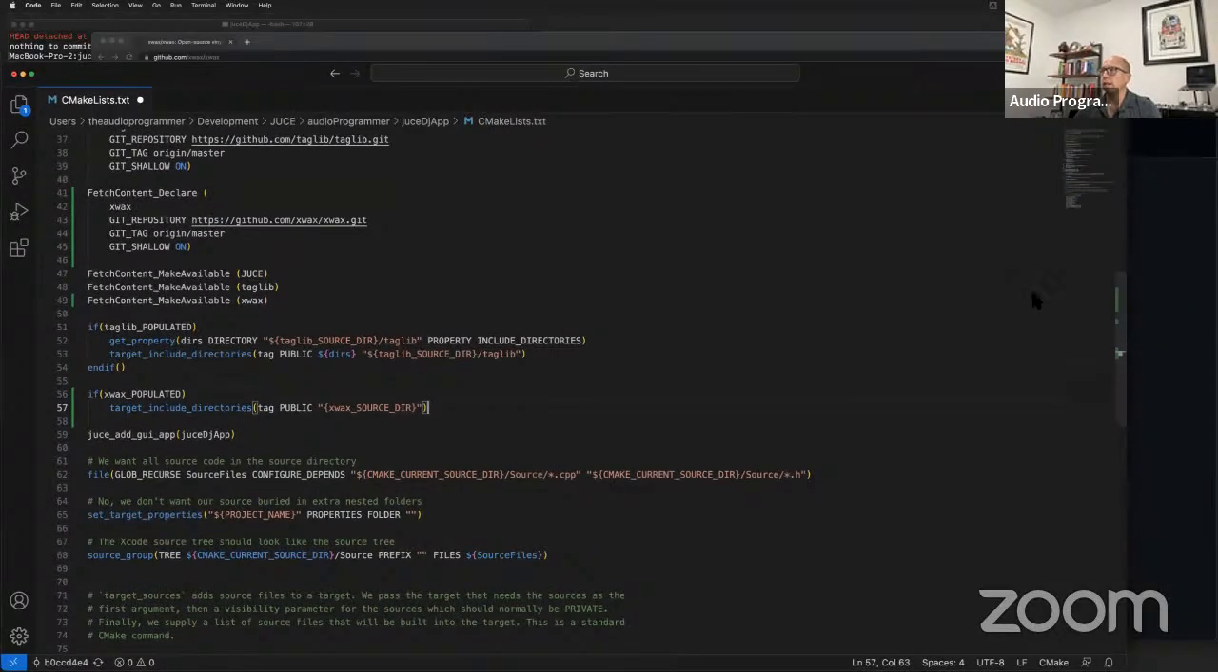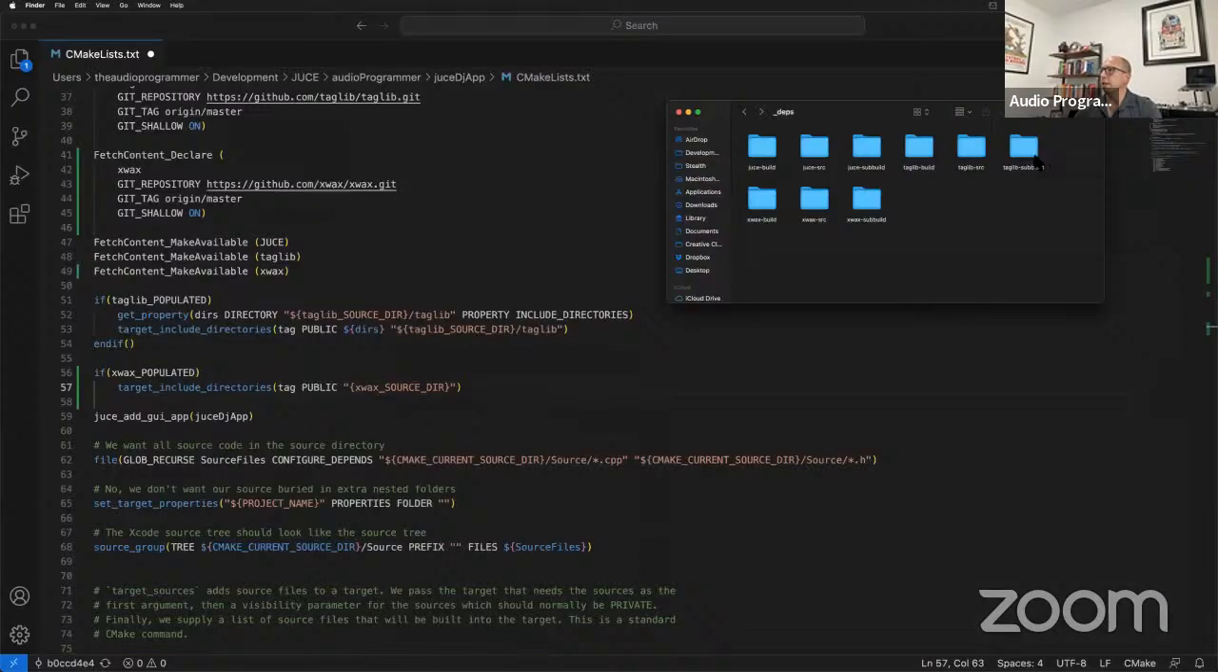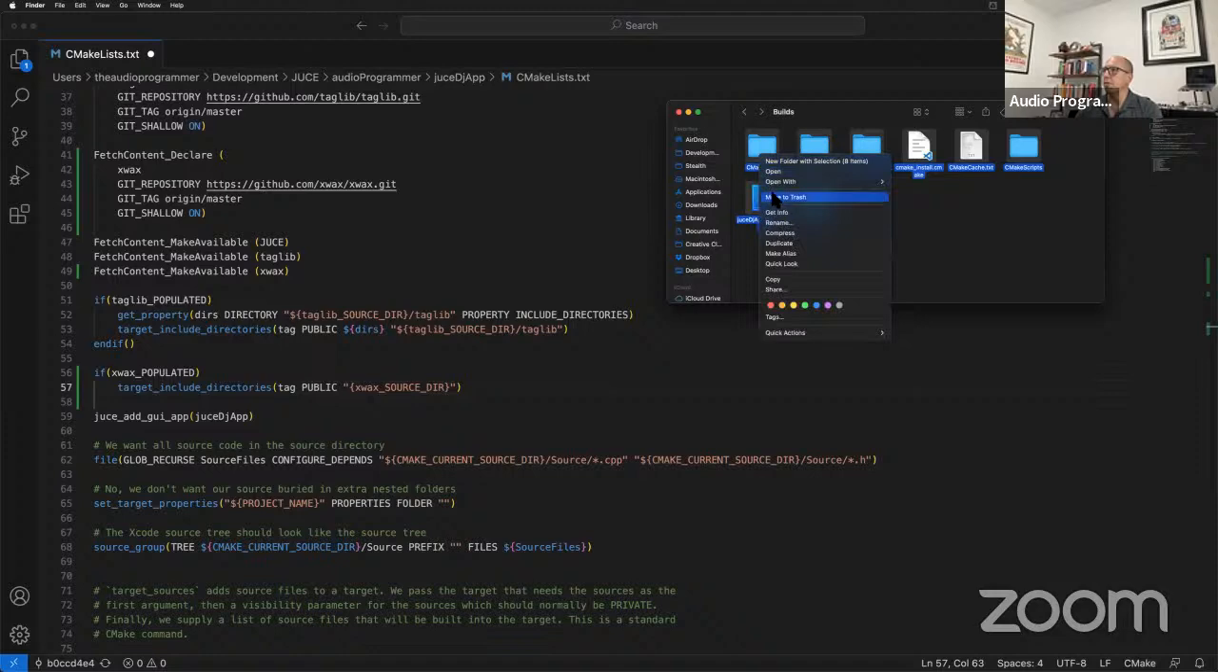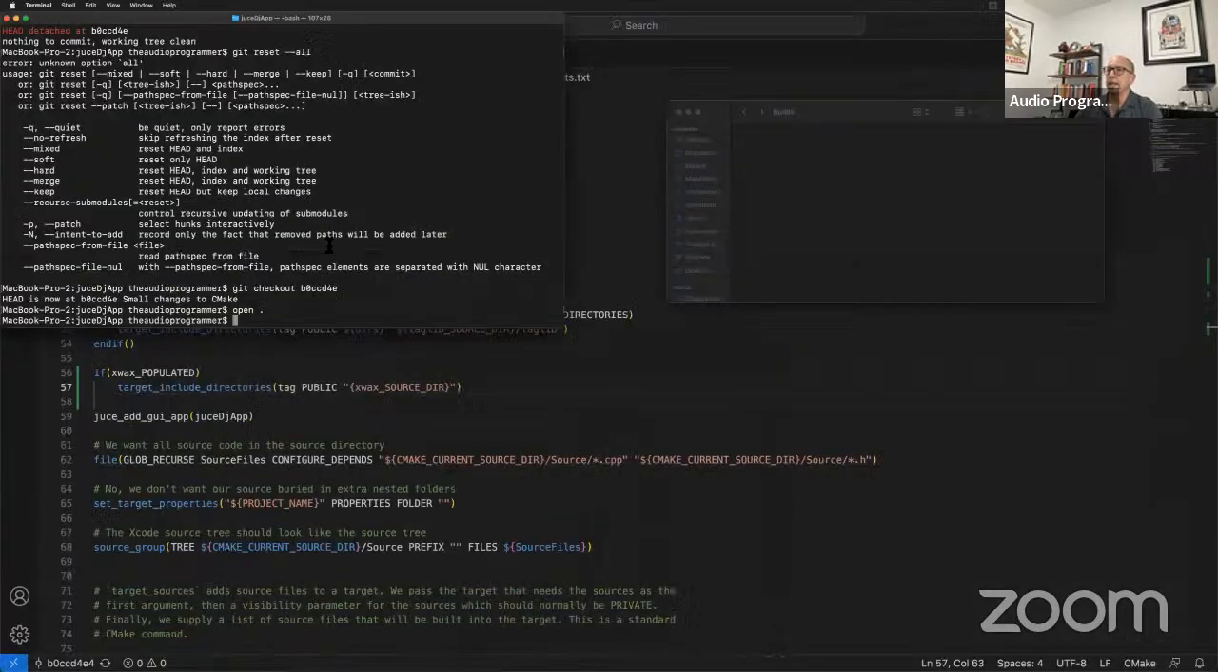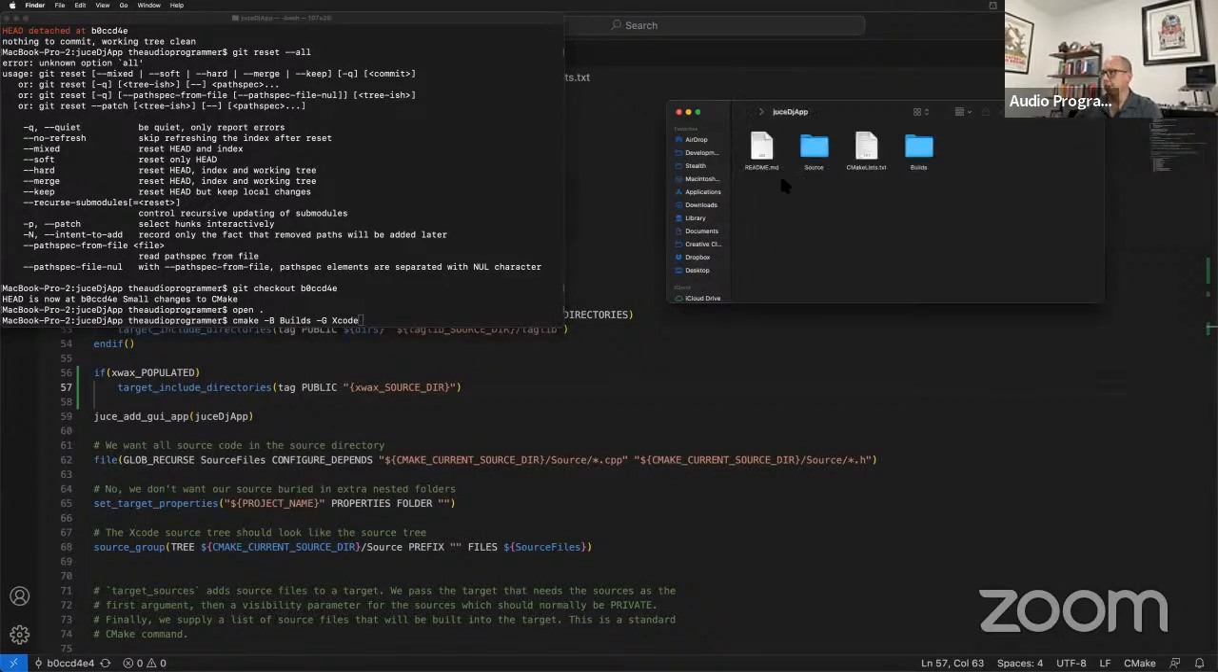So what I can do is I'm going to just erase. Oh, I need to go to my builds folder. So erase everything that I have in the builds folder. Just move that to the trash. And then I'm going to go to my CMake command. So CMake -b builds/g xcode. So what that means is that from my CMake